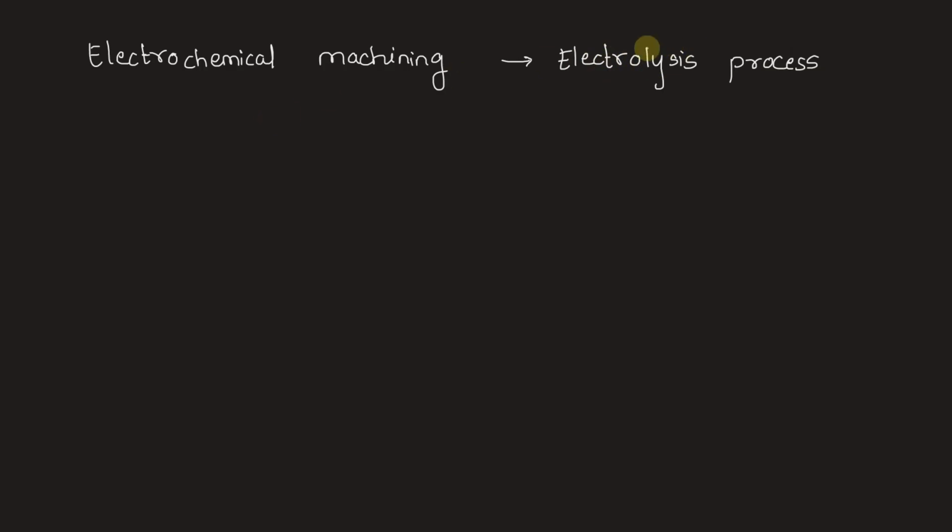So electrochemical machining basically uses the electrolysis process. And this electrolysis process is governed by Faraday's law. So our answer is Faraday's law, but let's understand what exactly Faraday's law is and how the electrolysis process is dependent upon it. So the first point about it is that the amount of material that is dissolved or deposited will